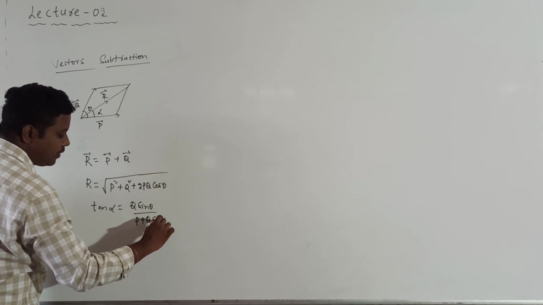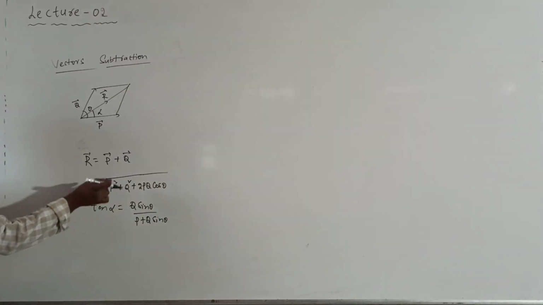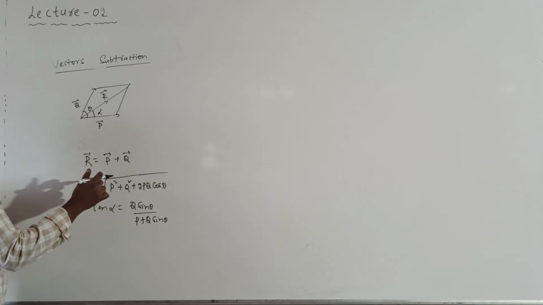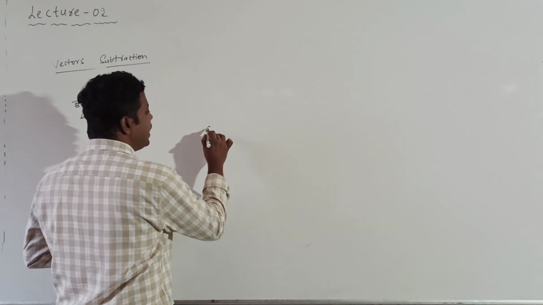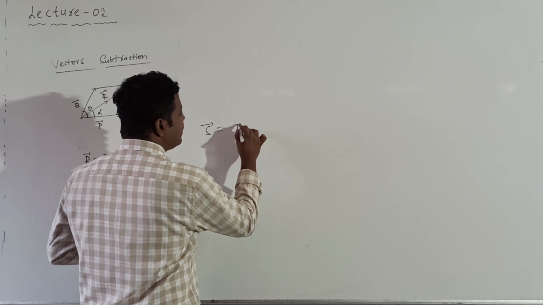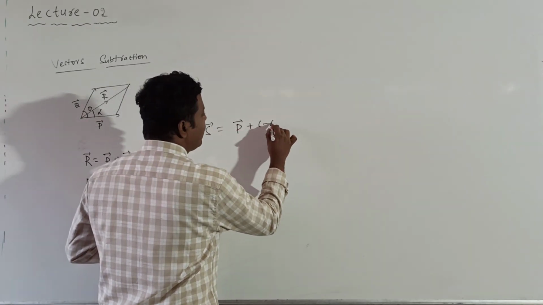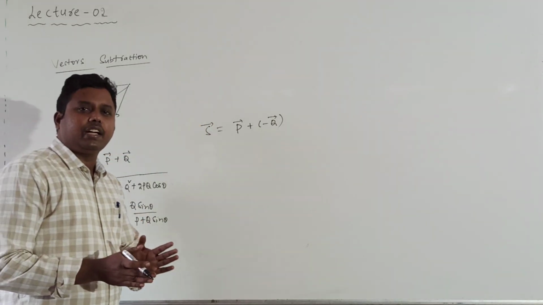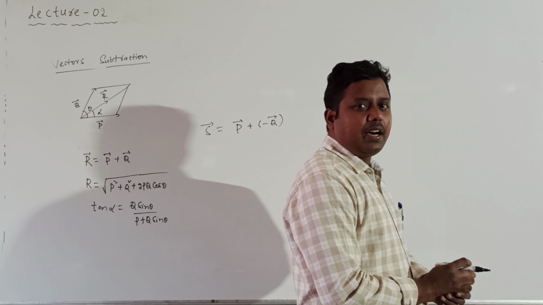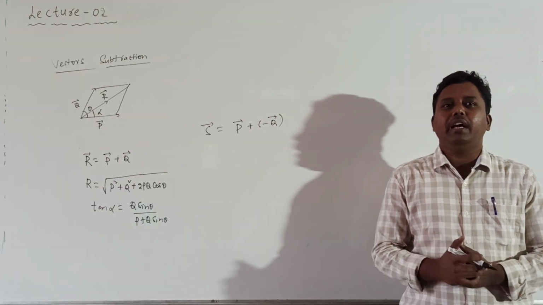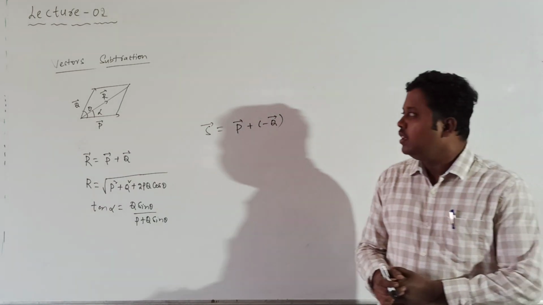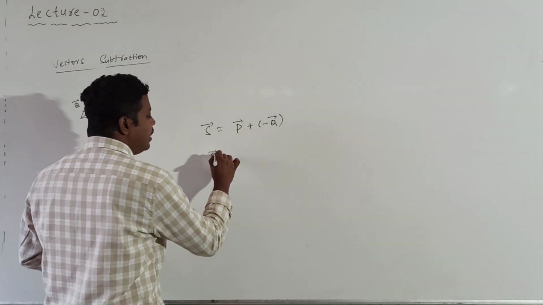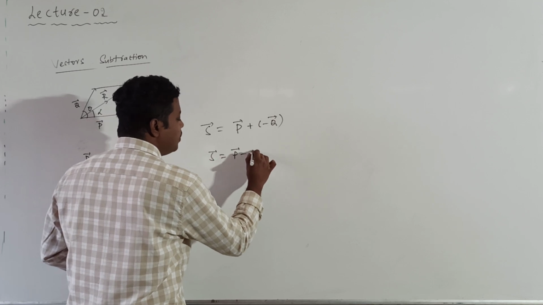Yesterday we wrote this. Now how do I subtract q bar from p bar? To subtract q bar from p bar, let me call the resultant s bar. I can find the negative vector of q bar and add it to p bar. What is the meaning of a negative vector? The negative vector of a given vector is also a vector of the same magnitude but opposite in direction. So when I take the negative vector of q bar, s bar becomes p bar minus q bar.